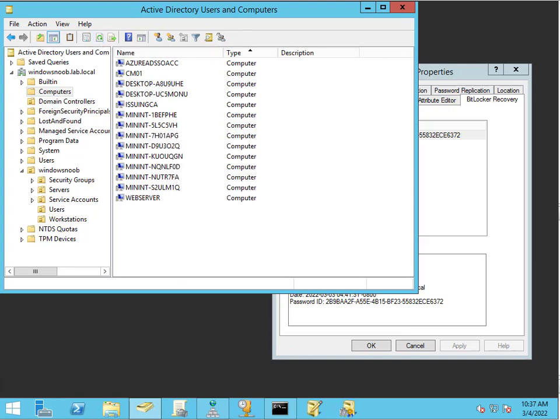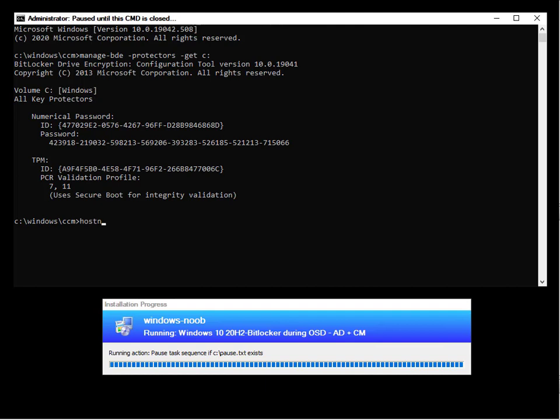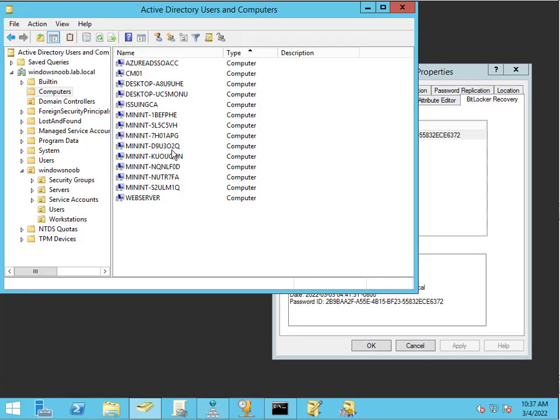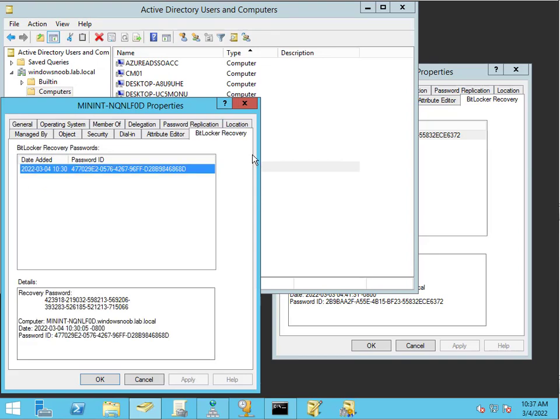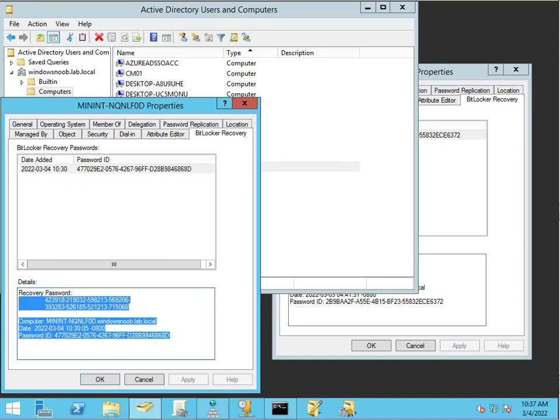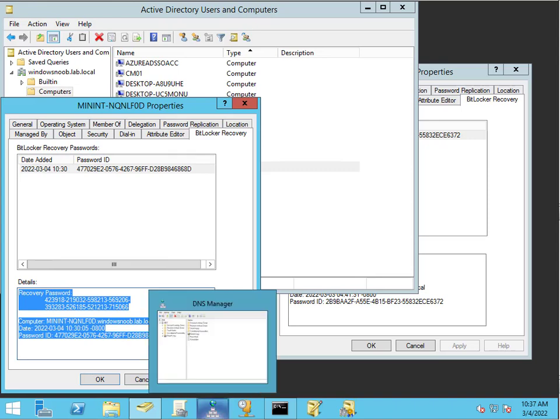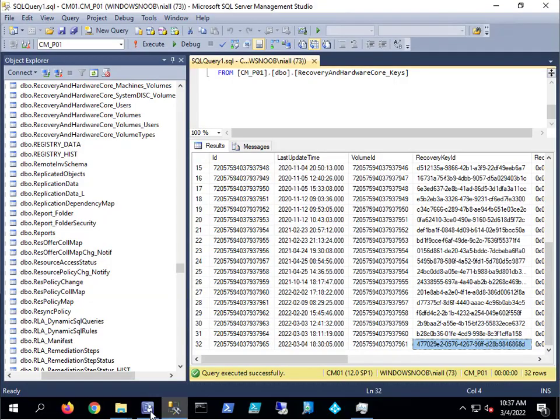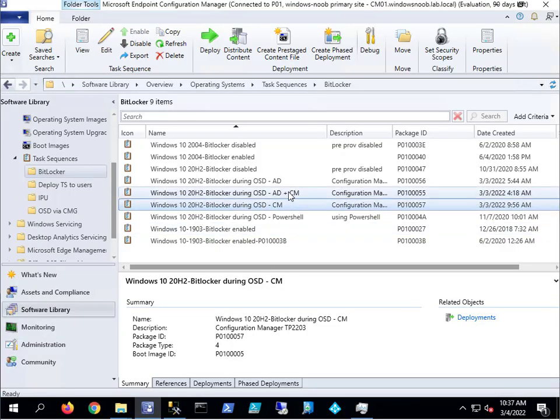Now I'm not sure which device this one's going to be. Let's see. NQN. All right. NQN, this one. And if we look at BitLocker recovery, we can see there's today's date, the time. Look at the time, it's 10:37. So it actually escrowed the key at 10:30, at least to AD. And there's the recovery key information. It's all there. So it's both in Active Directory and it is in Config Manager's database, exactly as we requested,